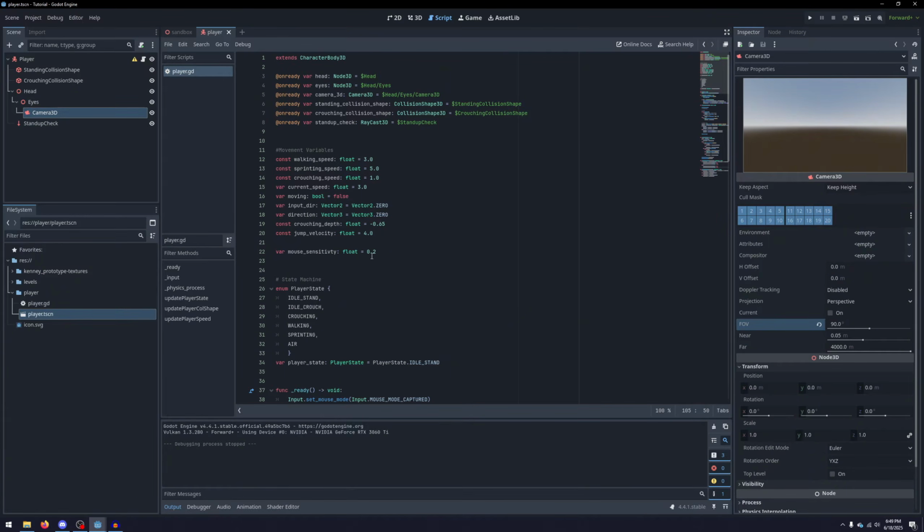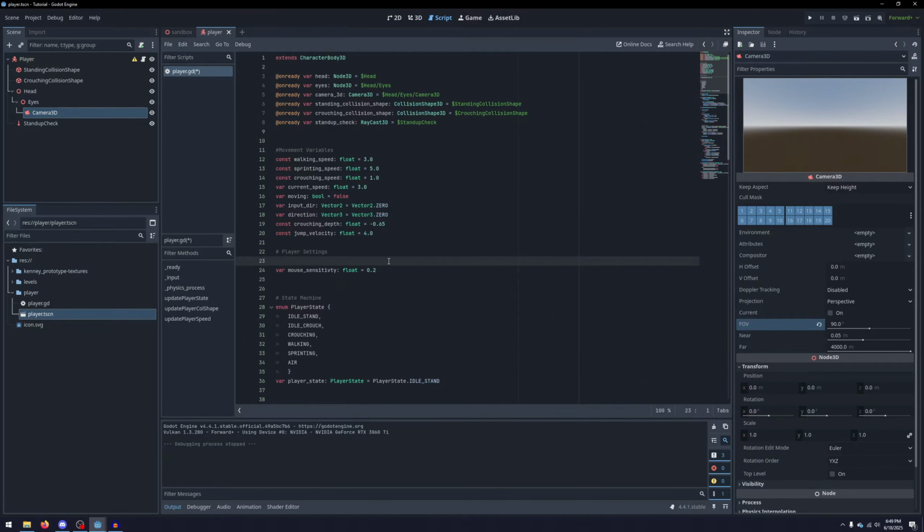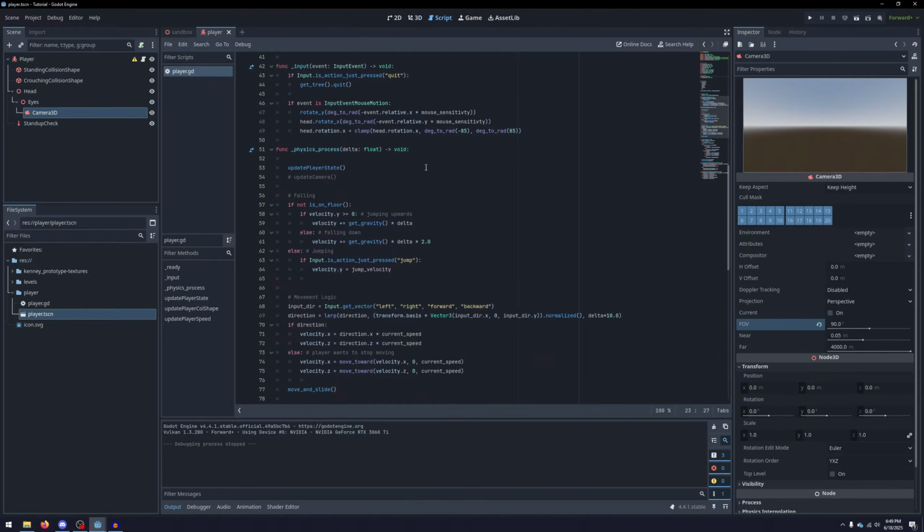So back in the player script, around where our mouse sensitivity is, I'm going to create a comment and call this the player settings. And these are the things that the player themselves are going to be able to change. But for me, I want to be able to have a field of view. I just changed it to 90, so let's go ahead and put a variable. I'm going to call it base field of view and set that to 90. Now, if the player wants to have a base field of view at something lower or higher, they can do that. But it's important we have a value to start with,